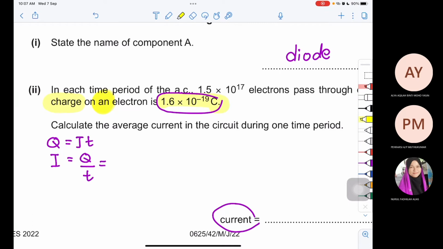Do we have only one electron? No. Kita ada banyak electrons. How many? This many. Jadi, so for the Q ni, you have to include all the electrons. Okay. Sebab at one time,